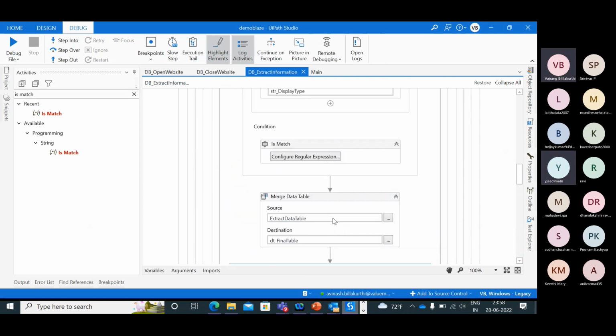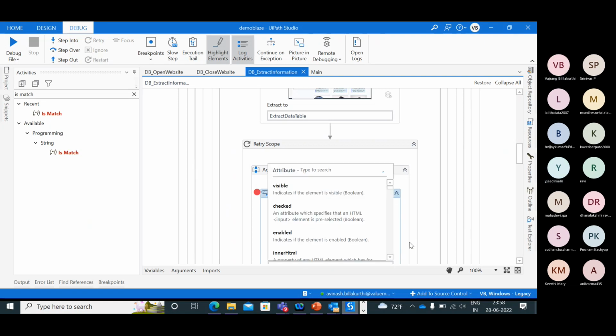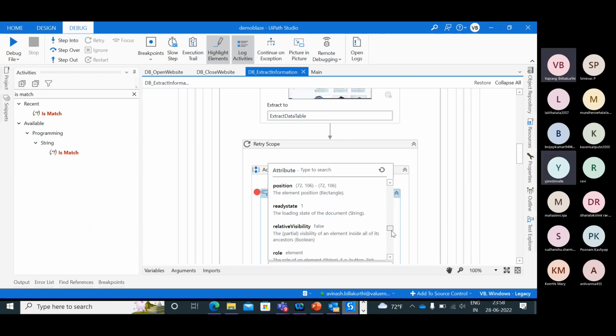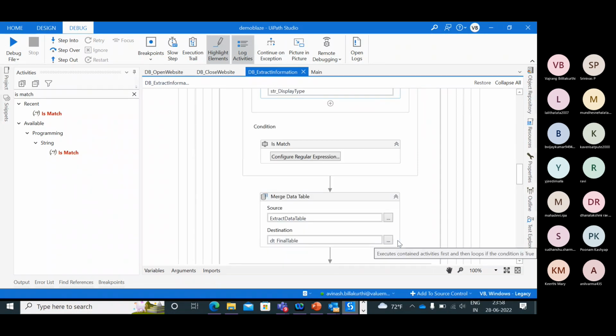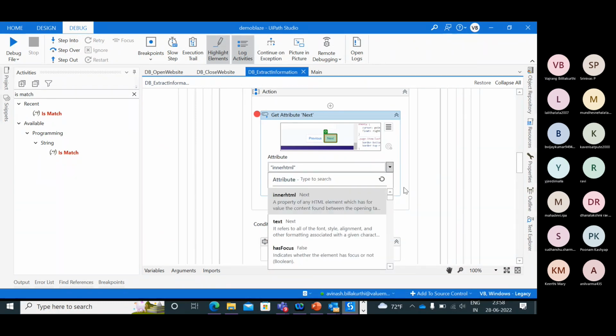Pick this item. Inner text is visible or styles. Inner text, style.